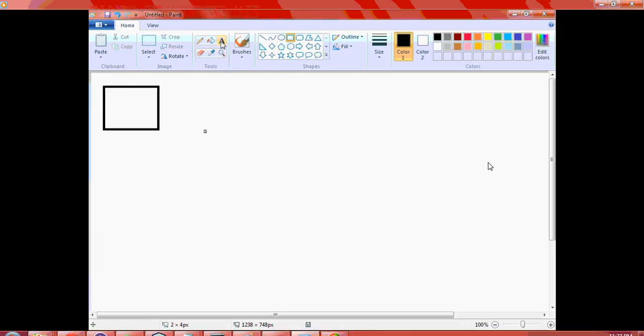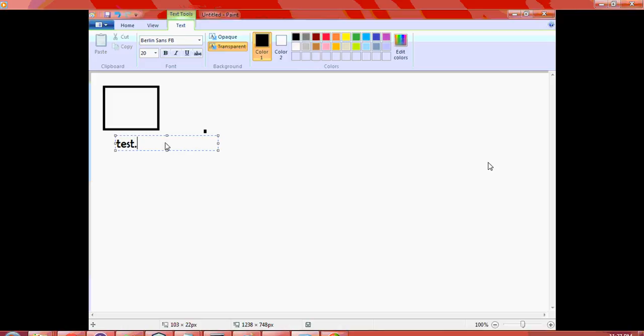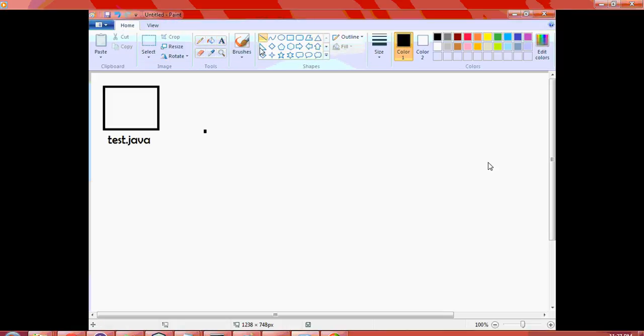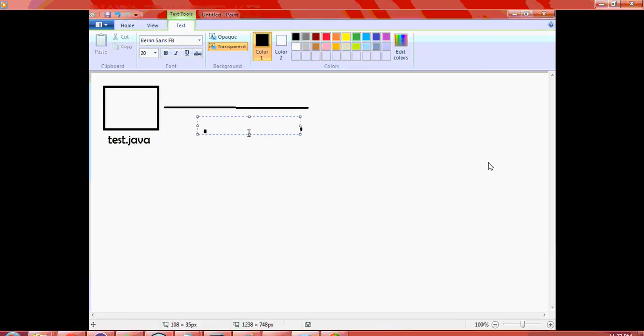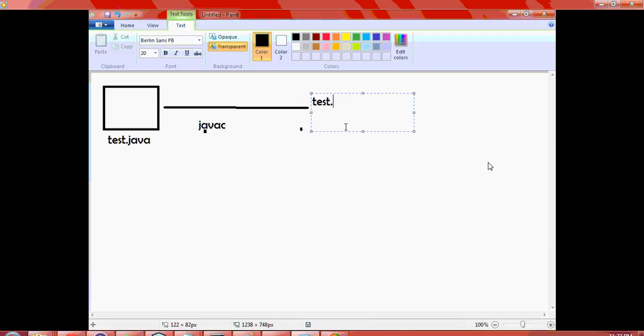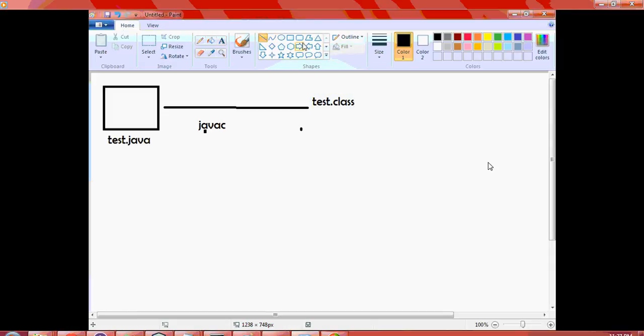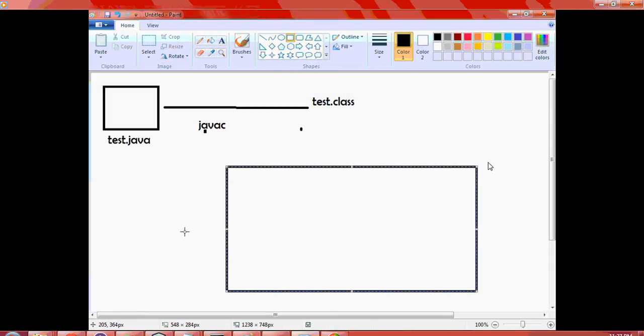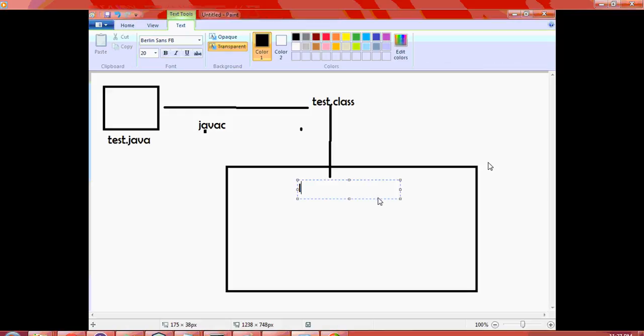So basically, when we start programming, there is a simple program, Test.java. This Test.java will be compiled into Test.class using the javac program. Now, once it has been compiled into Test.class, this .class file will be read by the JVM. The JVM is going to read this .class file, right? So the JVM will first load this .class file into memory, and then after loading into memory,